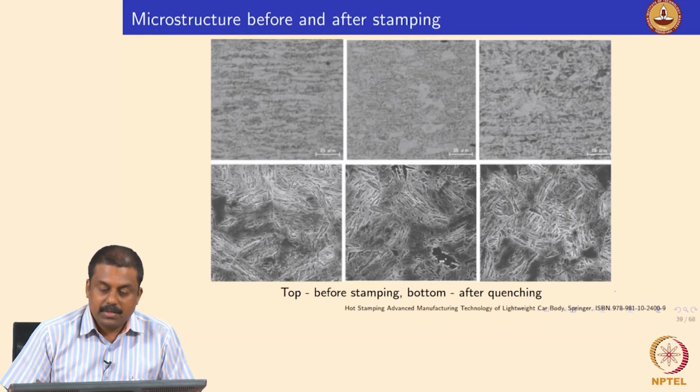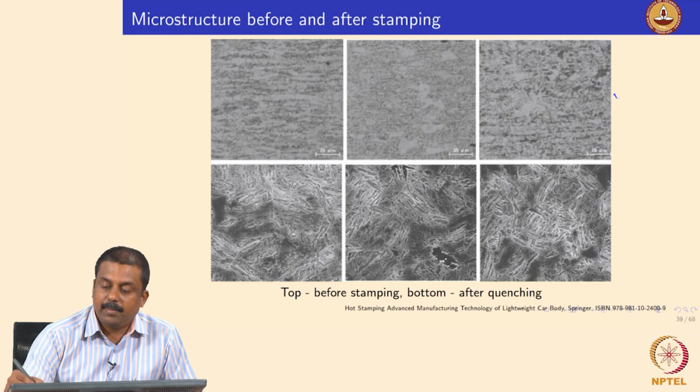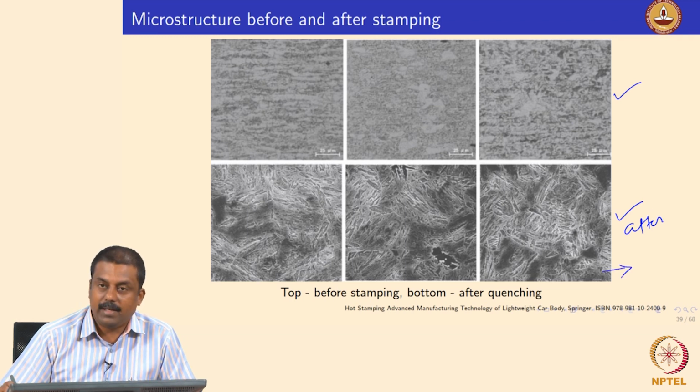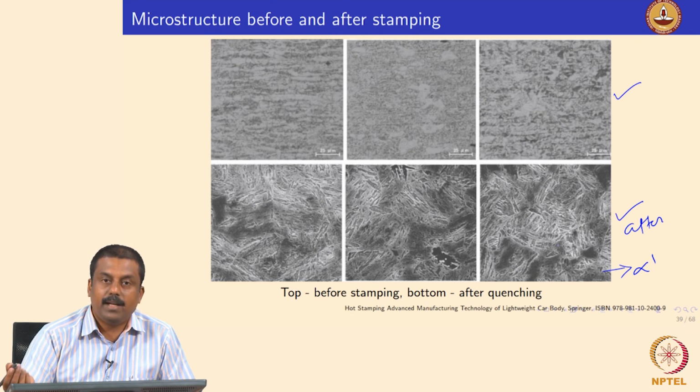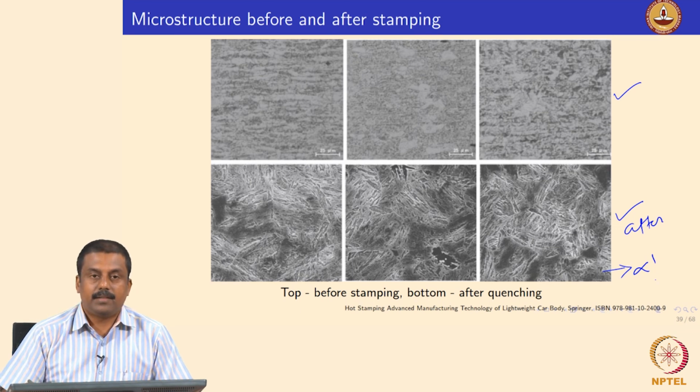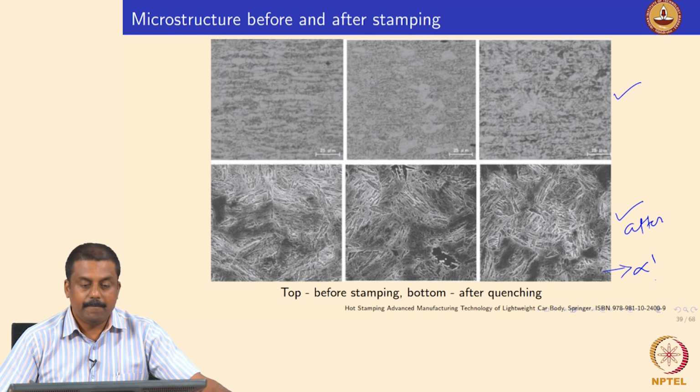So this is the microstructure we talked about before hot stamping, and this is after hot stamping. You start with a ferritic bainitic microstructure, and you end up with a fully martensitic microstructure. The strength increases significantly, and you don't really compromise on formability, because you are forming at high temperature in the austenitic region where the material softens significantly. You form it, you make the component, you cool it, and you form a fully martensitic microstructure, and due to that the strength of the component increases significantly.